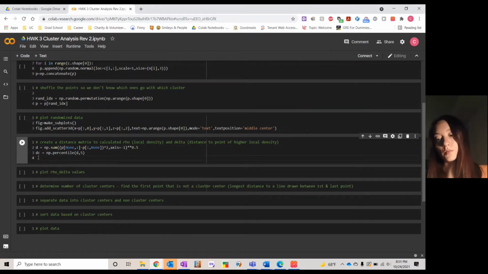So now we can use this normalized distance to calculate rho. And the way that we'll do this, based on the algorithm used in the paper that we looked at in class, is we'll have this ratio between our distance between the point that we're looking at and every other point in the matrix. And if we take this to an exponent, and add this up,